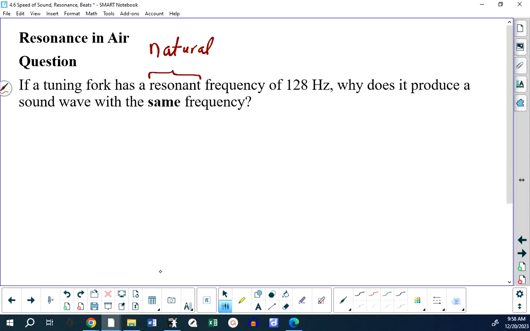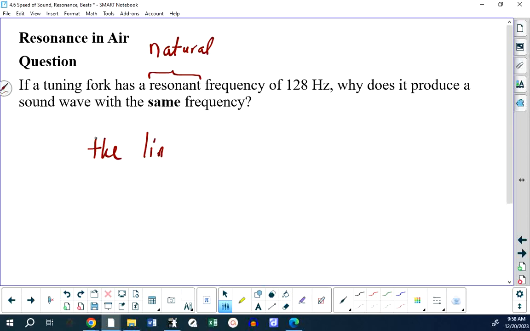If your eardrum had a resonant frequency of 128 hertz, the only way we could communicate is if we always used 128 hertz for a frequency. That would be the only sound you could hear. So to put this into words,